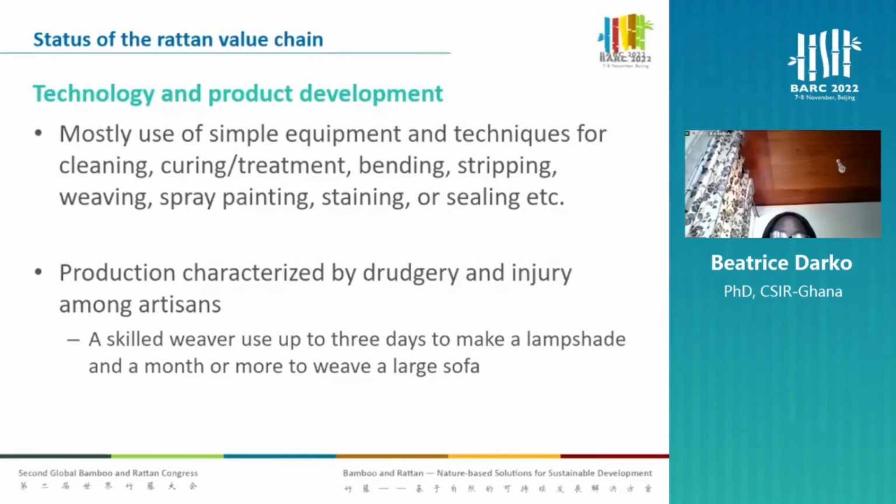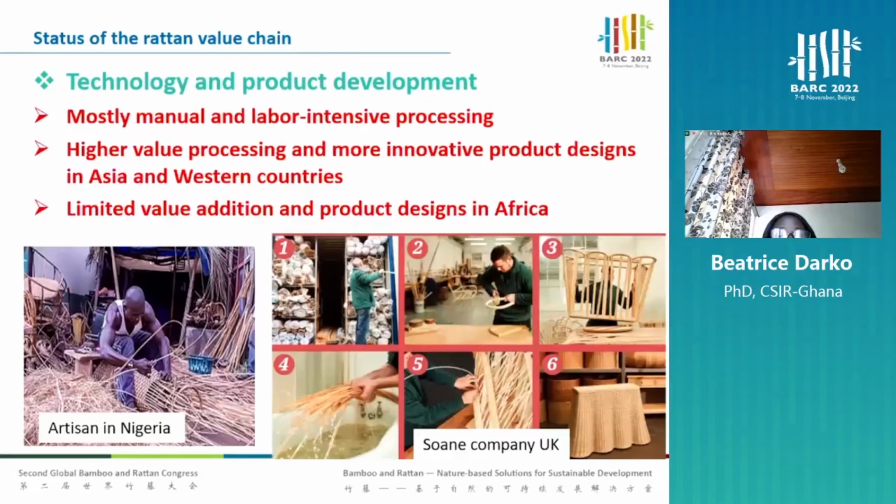Processing and manufacturing of a product. And so this process is actually largely characterized by drudgery and injury, especially among artisans. And then the drudgery in the sense that a skilled weaver, for instance, can use up to 3 days to make a lampshade and about a month or more to weave a large stopper. So that is the state of